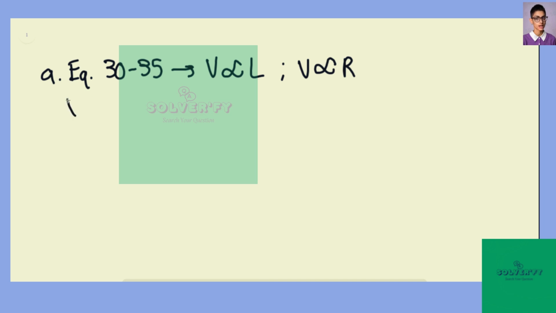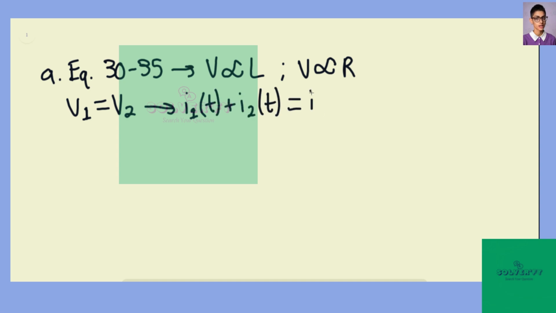So we can say V1 equals V2, and the currents are going to simply add. So we have I sub 1 of t plus I sub 2 of t. This would equal the total current I of t. Now, I say of t because currents are usually functions of time, and then we essentially arrive at the equation